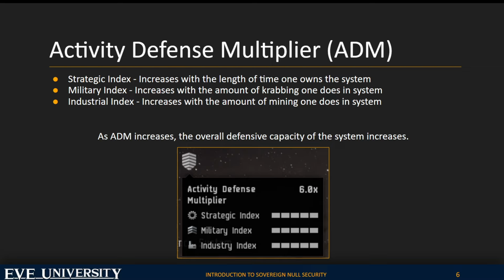So there is a strategic benefit to having people crab in all your systems, or as many of them as you can safely do. But crabbing increases the military index. The industrial index, or industry index, I'm now realizing I called it industrial index in the presentation, but it's actually industry index. It increases with the amount of mining one does in the system, and that's by volume of ore. So if you're mining really inefficiently, or you're trolling and you're using C-type crystals, right? The industry index is not going to increase because it's based on the volume of ore that you've